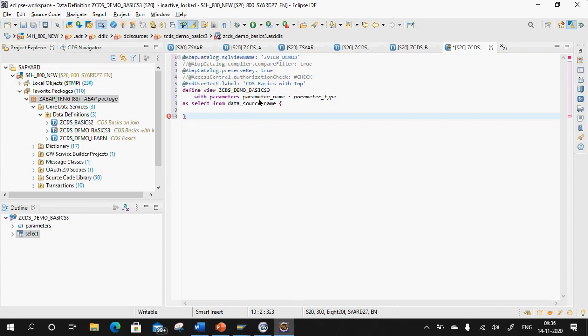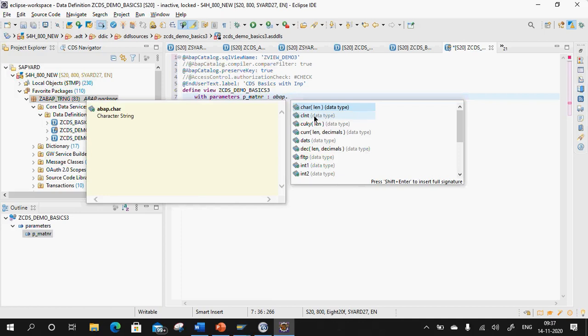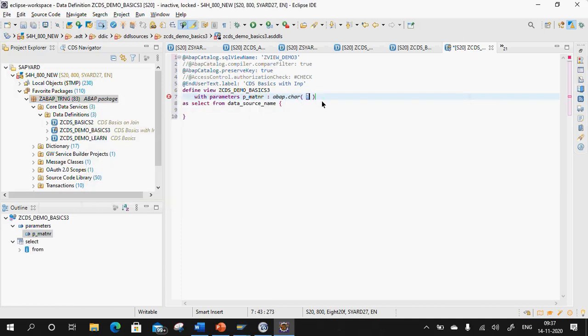And with parameters, now here you need to specify the parameter, whatever parameter you want to specify. So suppose I want to specify a material number, P underscore Matnr, and for the type you write abap dot and then you will get all the types. So char, I want to specify the type as char 18.